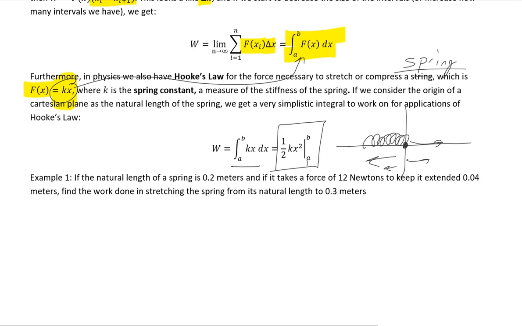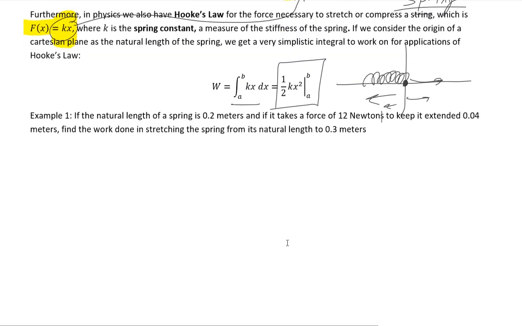As an example, we have here: if the natural length of a spring is 0.2 meters, and if it takes a force of 12 newtons to keep it extended 0.04 meters, we want to find the work done in stretching the spring from its natural length to 0.3 meters. Okay, well, if we think about this spring,